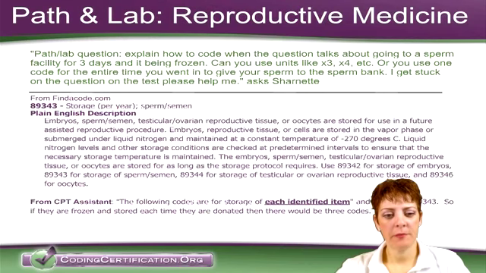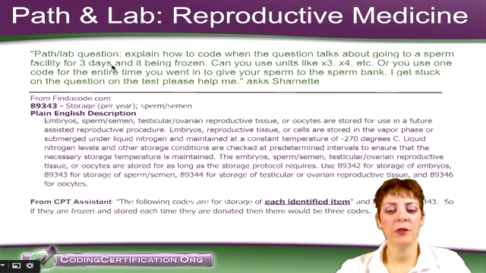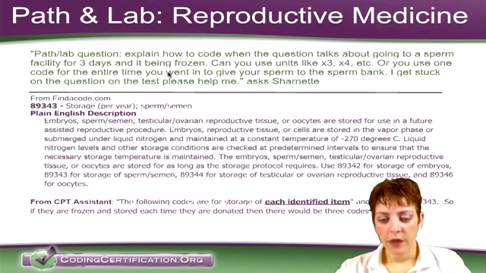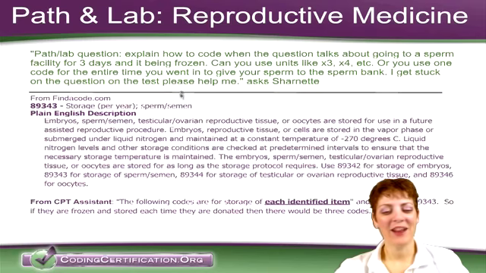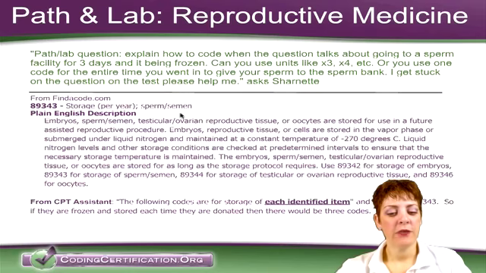So here's Path and Lab on reproductive medicine. This is the one we thought was a joke at first. Oh, is this the sperm? Oh yeah, the sperm one. All right, explain how to code when the question talks about going to a sperm facility for 3 days and it's being frozen. Can you use units like ×3, ×4, etc.? Or should you use one code for the entire time you went in to give your sperm to the sperm bank? All right, so I went to find a code,